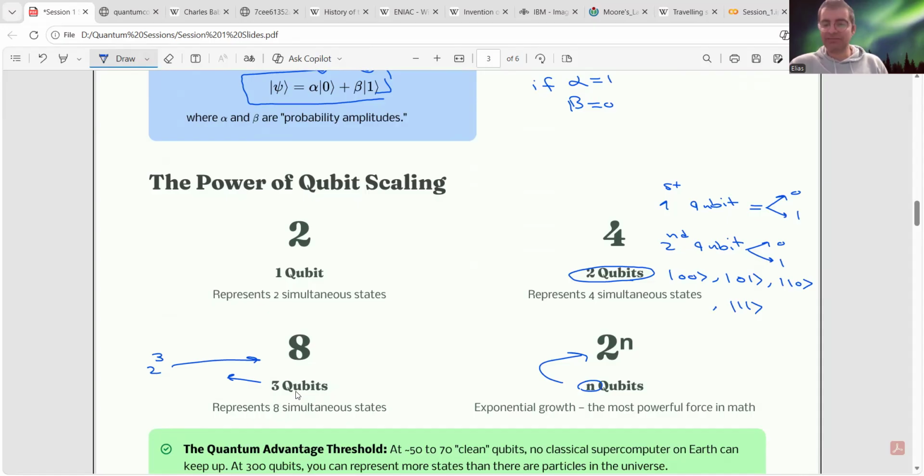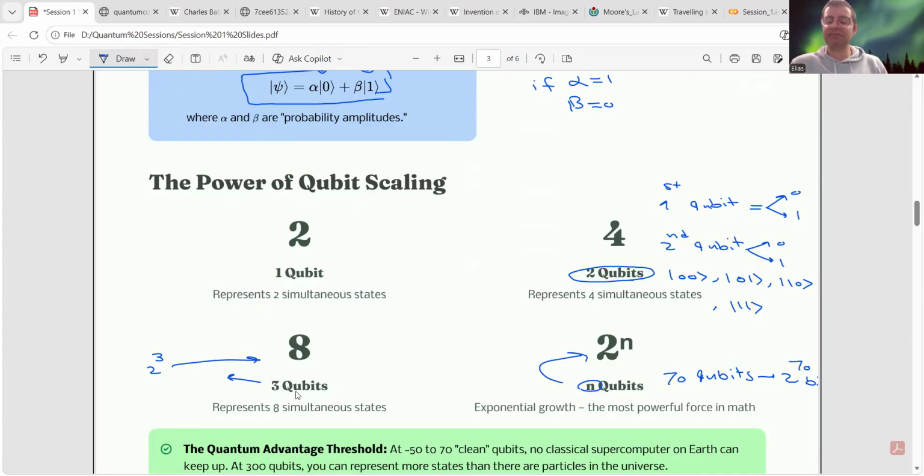Now think about this. If you have 70 qubits, it's going to be equivalent to 2 to the power of 70 bits. And we don't have a classical computer that can actually store that many bits.